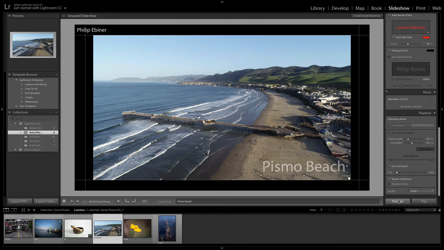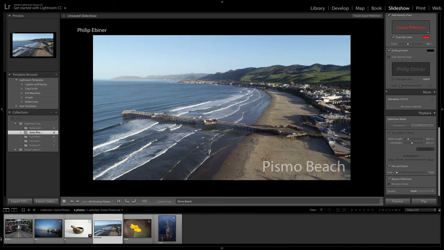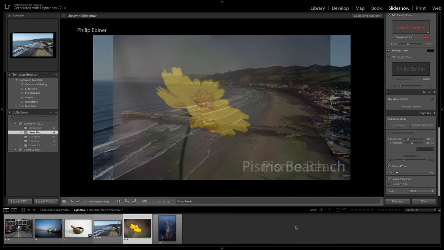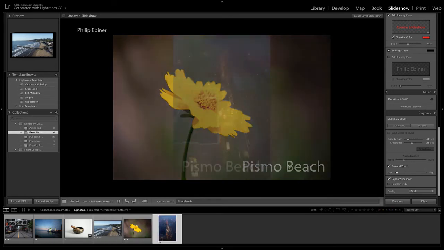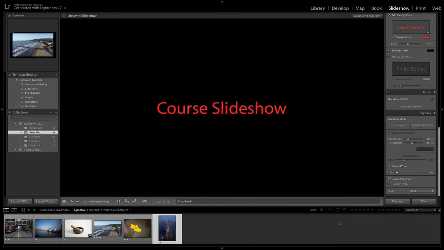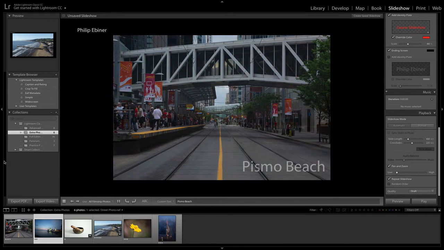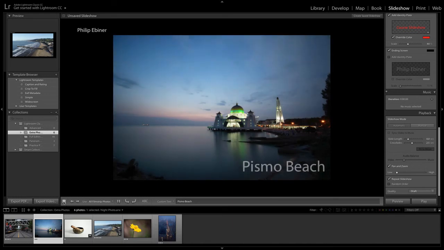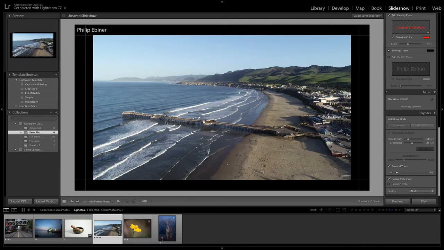So if we click on preview, it's going to preview the slideshow in the middle right here. And you can see that it automatically plays through each one. And then it repeats. So we have it repeated on, and it has that course, that intro card. We didn't have an identity plate for the end screen, so that's why it was a blank screen there. To get out of it, let's just click the stop button. So that's just to preview how it would look.